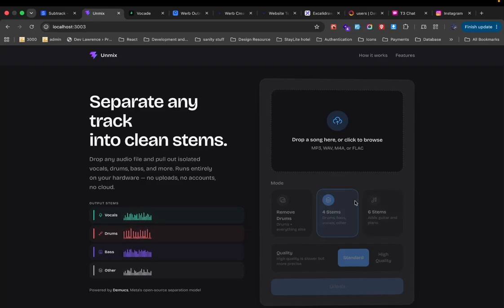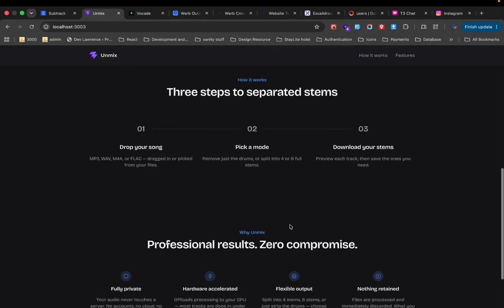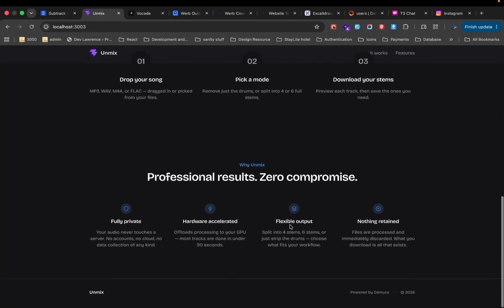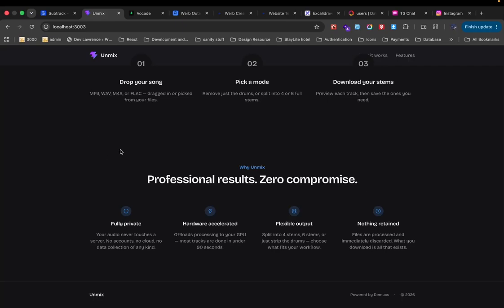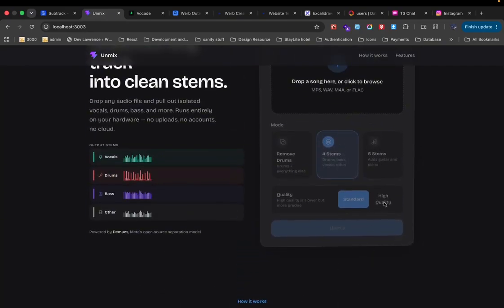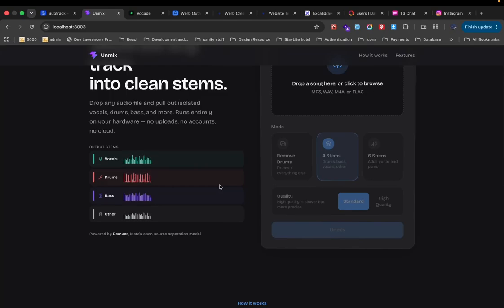Whenever there's a song that I really like and I want to play to it without the drums on it, I'll just download the song, drop it here, remove the drums from it, and it really works fine because I'm using the Demucs model under the hood, and it's running locally on my MacBook Pro. So you can see it's local. I'm not deploying it. I just drop it and select the high quality, and it does a great job. And the funny thing about this is that I built this the same day I built this next tool